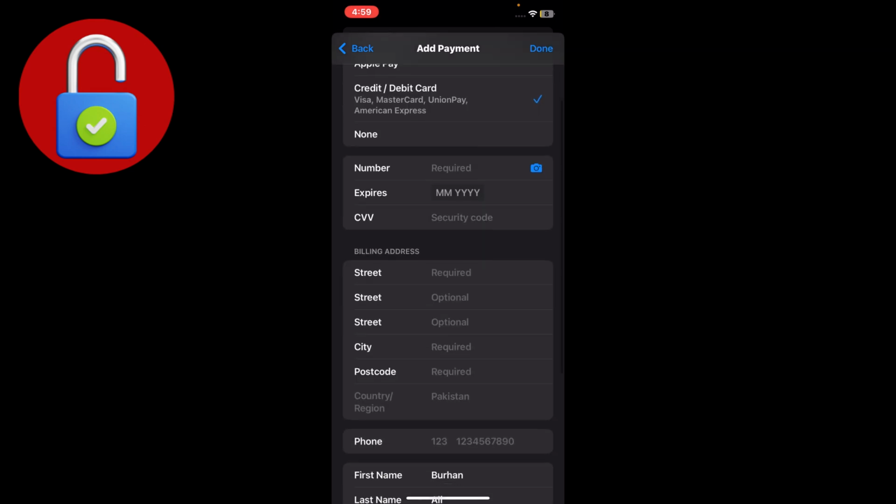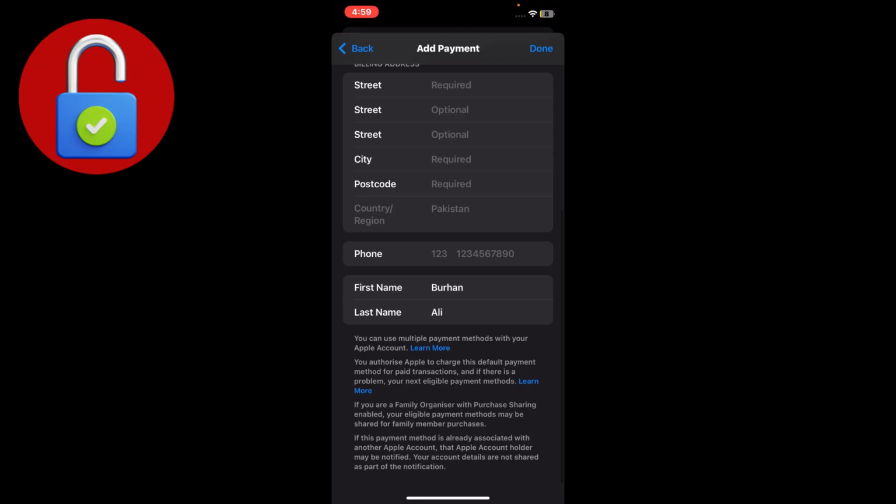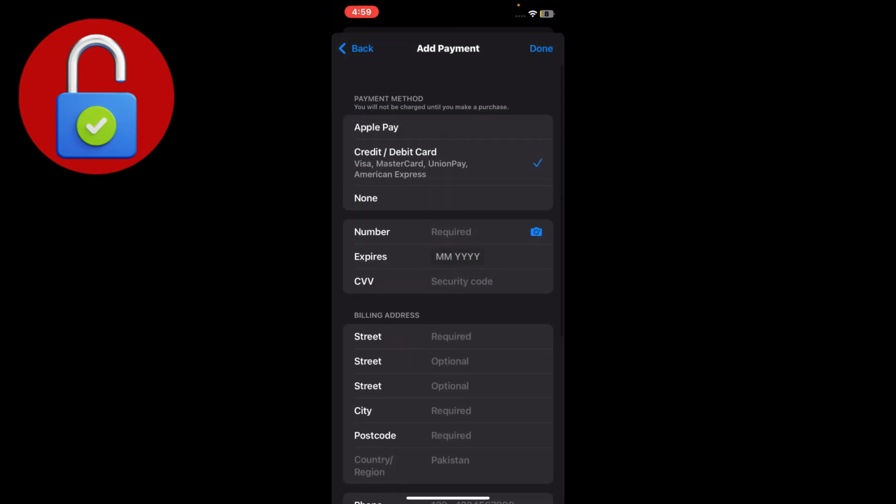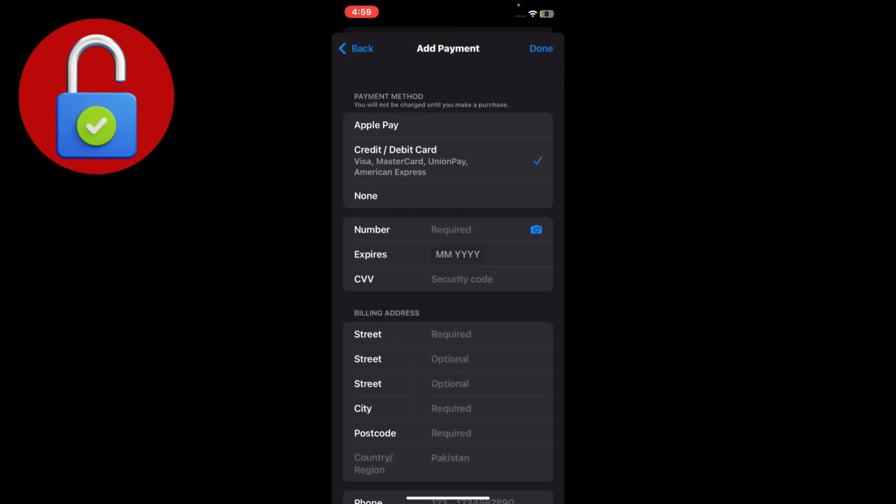Here you see that they require all the credit card details. So I'm going to input that and tap done. After that, the payment method will be added. And if your problem is not solved, simply go back